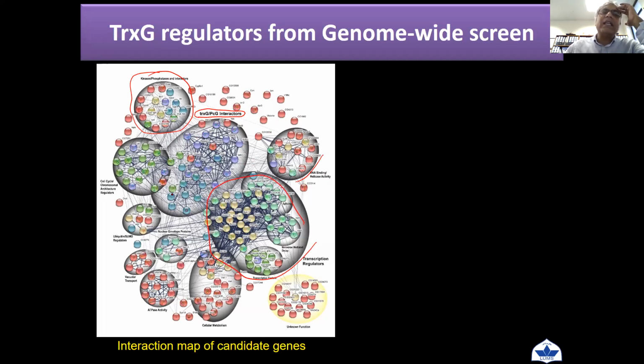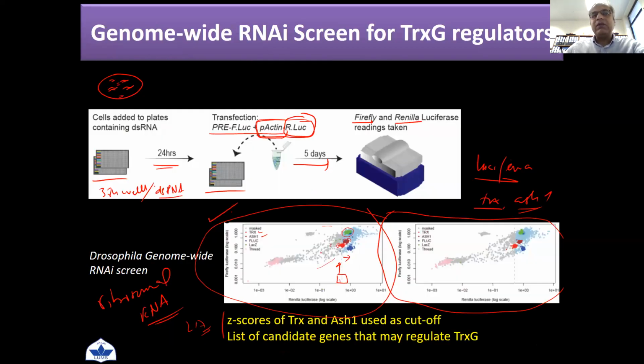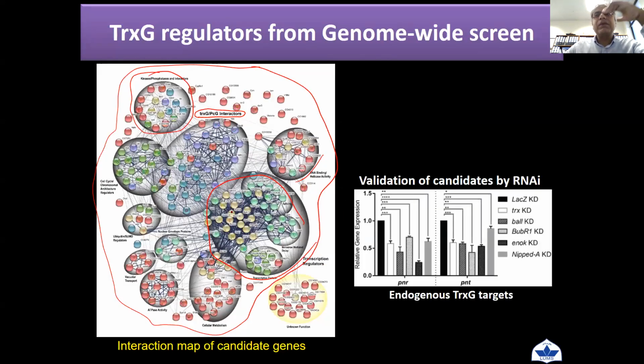So this gave us an idea, and confidence about this screen, that these nearly 200 plus candidates are chromatin regulators, the usual suspects in trithorax and Polycomb group proteins. We picked just a few candidates, for example Belchan, Babar1, Enoch, Nibde, etc. And we went back to cell lines, and once we knocked them down in the cells,